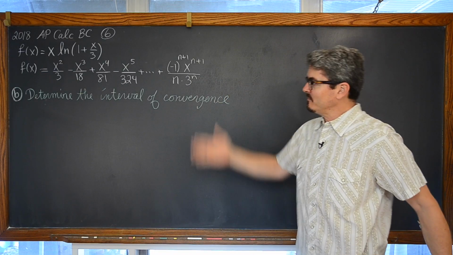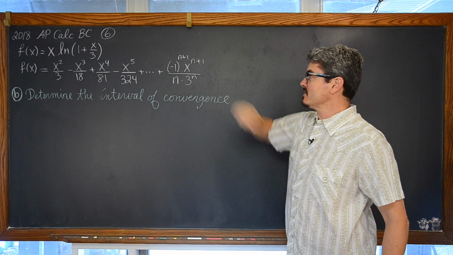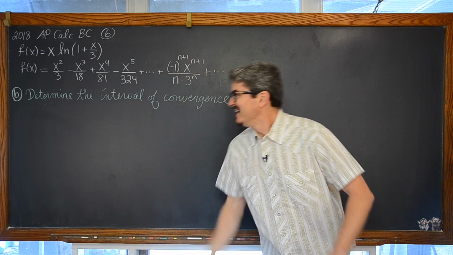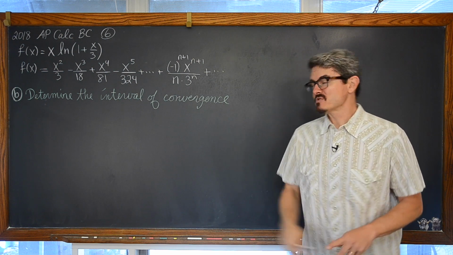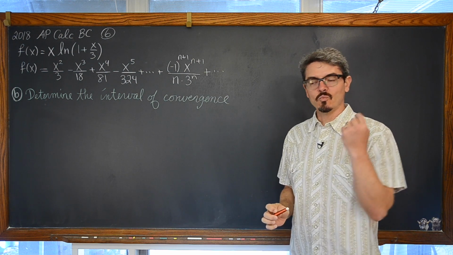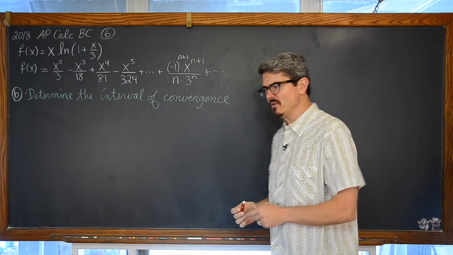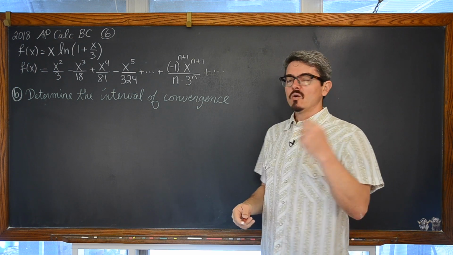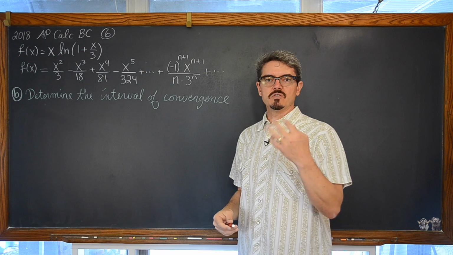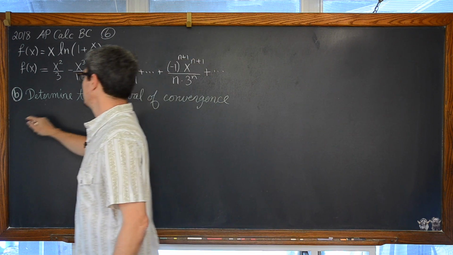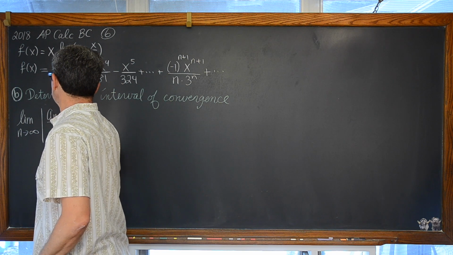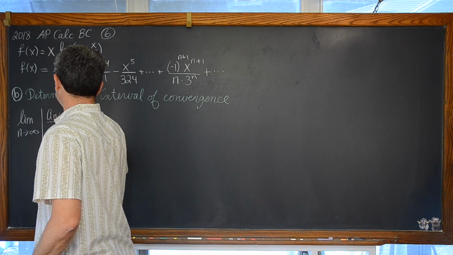Part B. Well, we have a Maclaurin series now in that general term. We're going to determine the interval of convergence using that general term, which means we're going to do the ratio test, so we take the limit as n approaches infinity of a sub n plus 1 over a sub n,